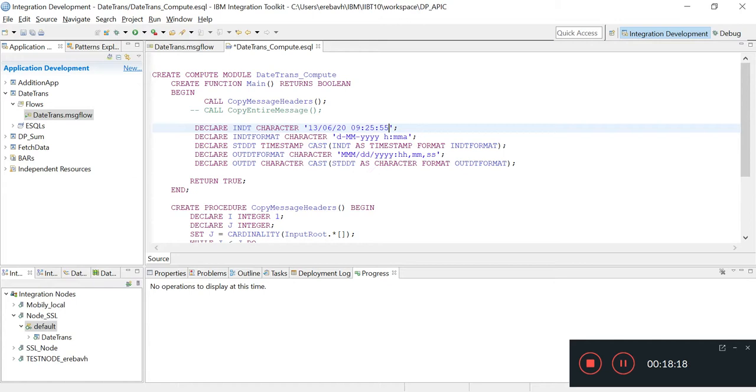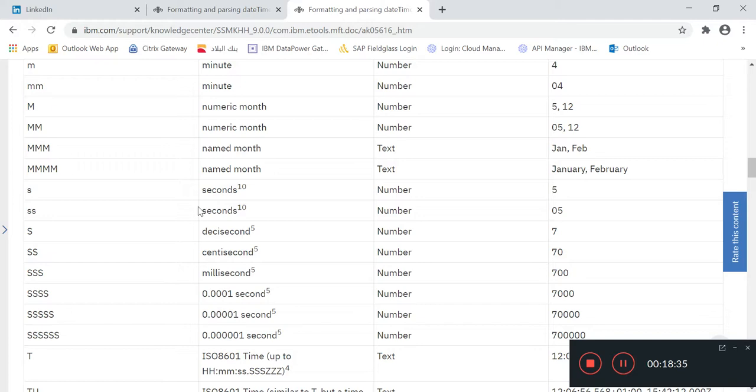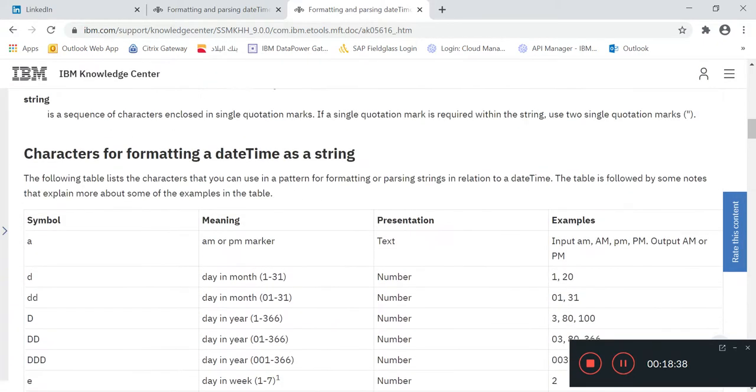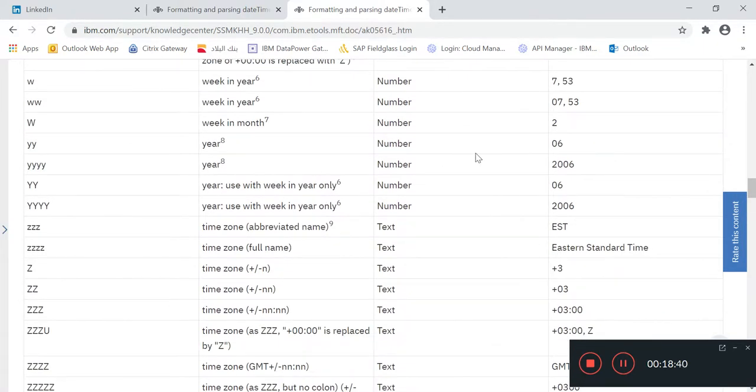For 13 it's the same; instead of hyphen we have to give the slash. Month 06 is the same, and year here it's given as 20. So let me show you here only 2-digit year. You can see here 06, so we have to give the double y only.